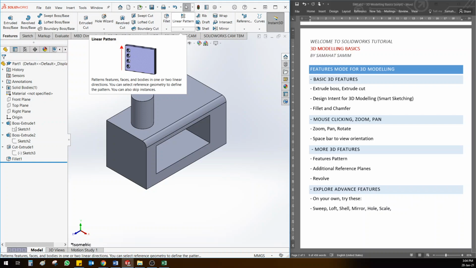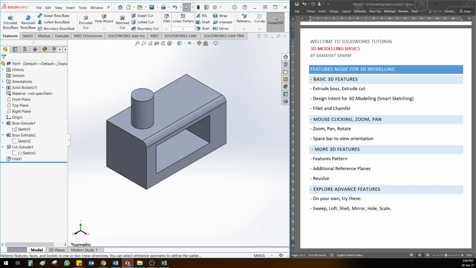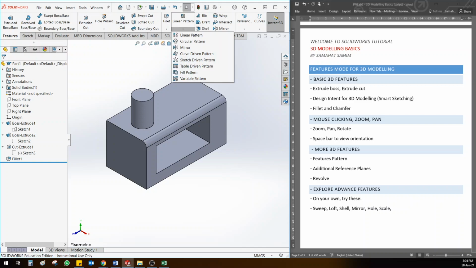If you open this linear pattern, you have other options also, like circular pattern, mirror, and many other types of pattern, but let's take the basic one, linear pattern. Click on linear pattern, and then the software will ask me, what do you want to pattern? Once the linear pattern option opens,